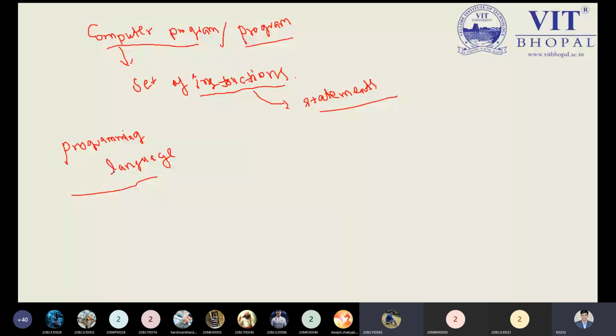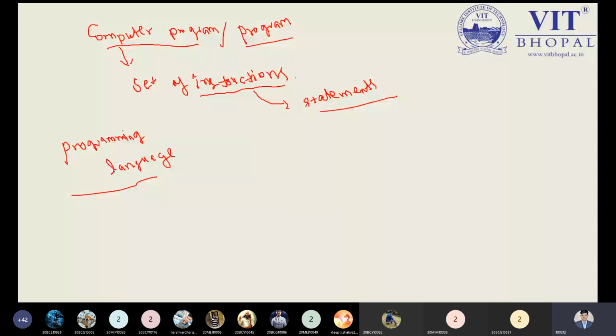Okay, everyone is jumping directly to the computer system. Now tell me, what is the sense of using a language? I am speaking English. If I try to speak in French or German, are you able to understand? No, sir. So what is the meaning of language? Language is a communication medium. Can we say that? Yes, sir. So a programming language is what? This is the set of instructions or programs provided to the system so that the machine can understand the instructions written by the user.